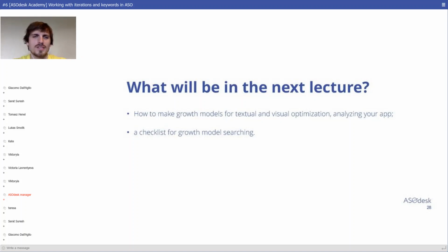That's it. That's from my part. Tomorrow we'll be talking about the growth models for textual and visual optimization. We'll analyze a few apps, and I will share with you a checklist for growth model searching. So basically, tomorrow we'll be talking, guys, about the